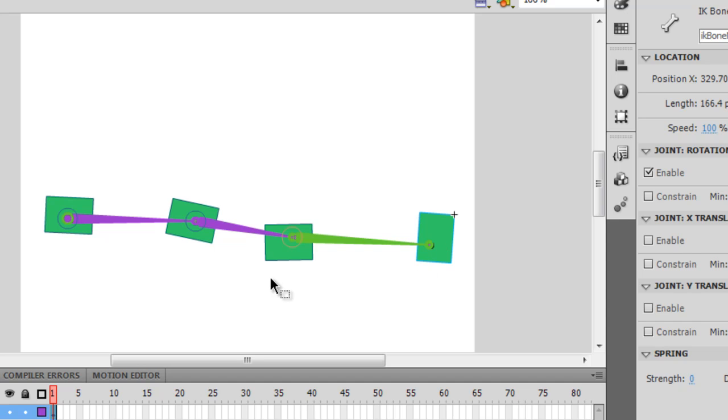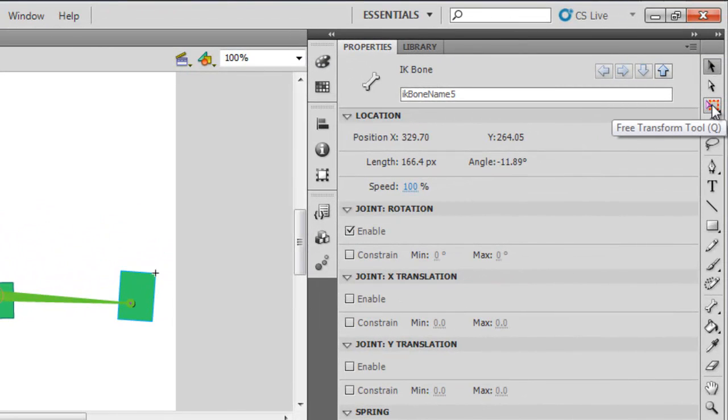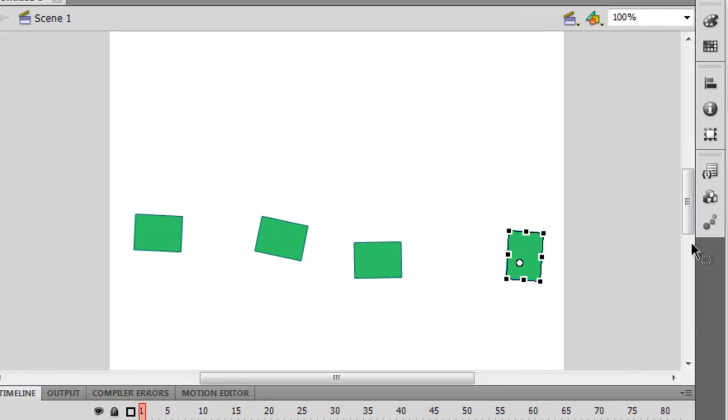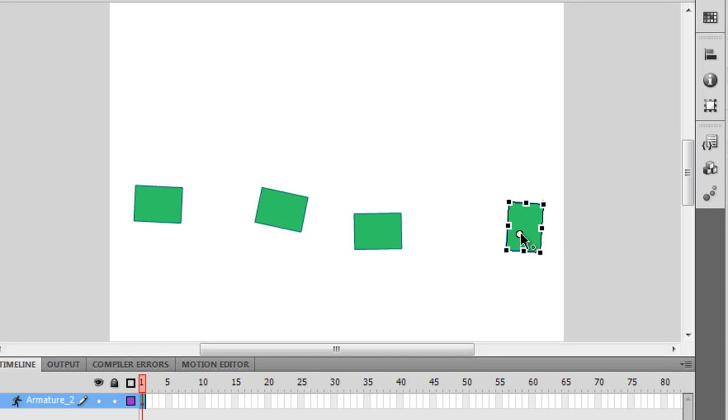For any reason, if you feel that hey, I want these points where the bone is connected to these boxes to be altered, so what you can do is you can hit the free transform tool, the shortcut key for which is Q for cubic, and then this is, guys, this small white circle is the point where the bone is connected. I can move it to, let's say, one of the corners. Similarly, I can do it with this third box as well from the left. I can move this white circle